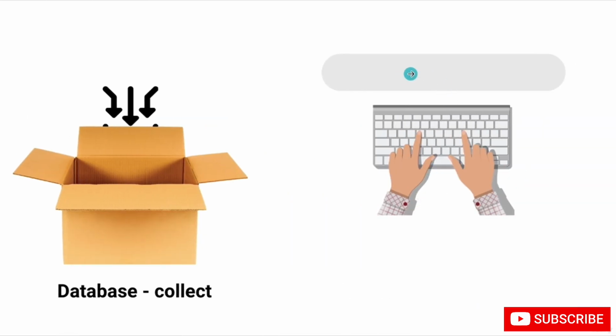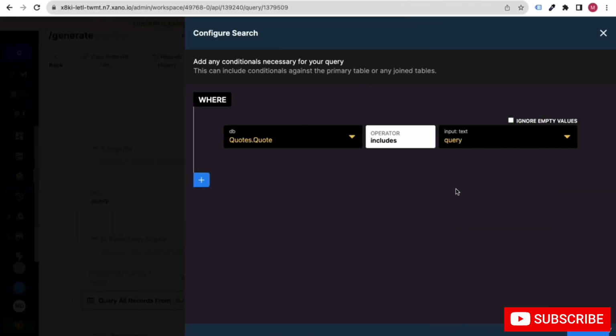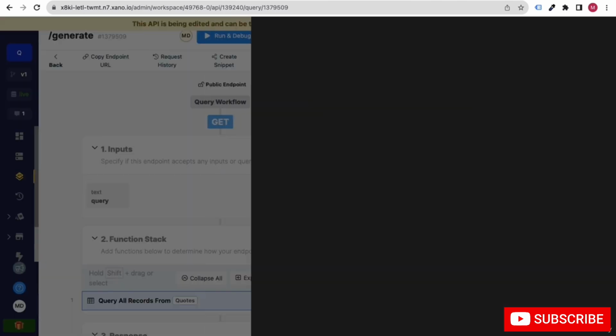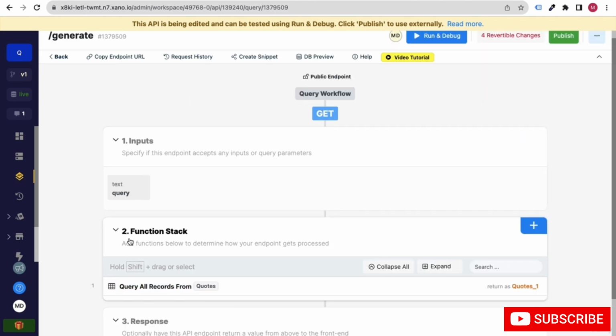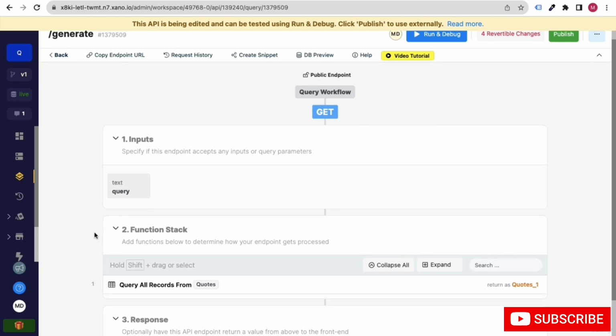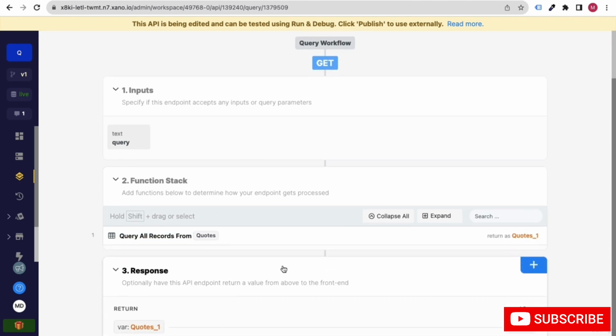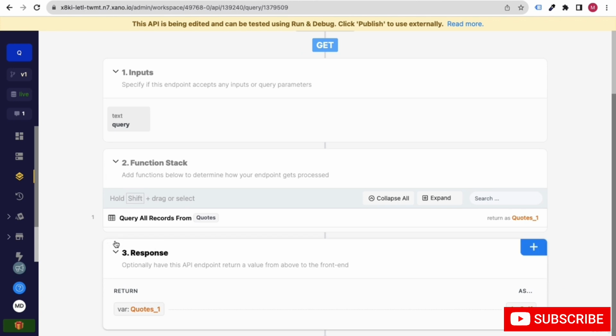So whenever someone types a query in the form of text, we want to return a response to this user using our database, right? After you do that, just click on this save button, and then you will see this codes query. Everything is perfect. Just click on save, and you will see that we have put the query for records from the codes. Everything is just perfect, my friends.